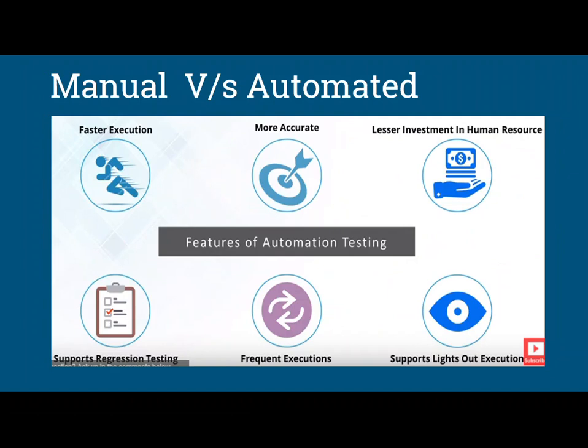So let's say you are all working on a project, and you are trying to do testing of the releases that happen every release. Now, to begin with, I need four of you. But let's say your company agrees to do automation around it. So you will build scripts, you will create a system and infrastructure. And once you are done with that, subsequently it would not need four of you to do testing. A single person with a few hours can execute these test cases and do report analysis. So there is lesser investment in human resources, with respect to how effectively you are used in the project while the test case is getting